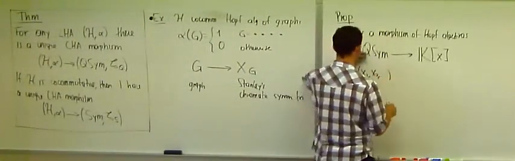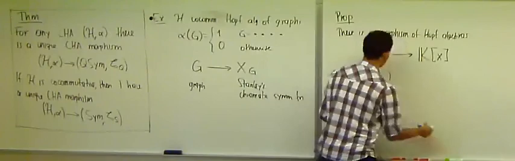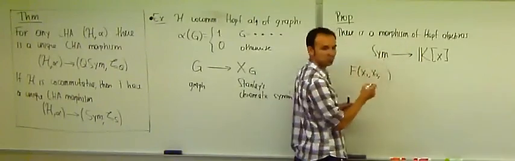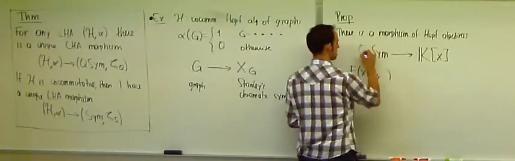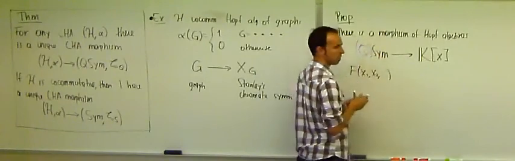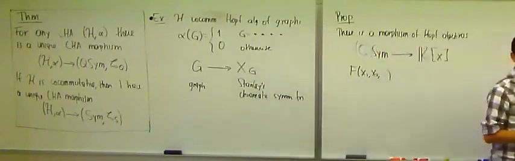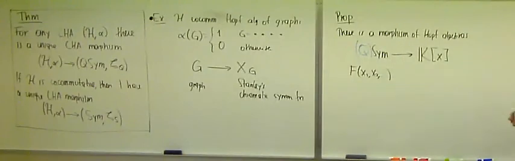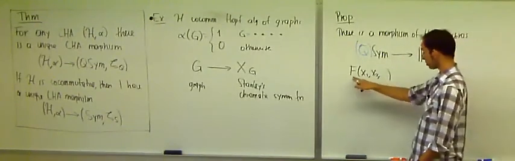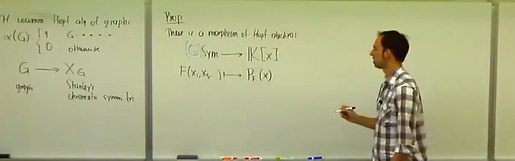And actually, let me put the Q in a different color, because the same is true for SYM. Okay, so let me just write it like this, so that what I'm going to write is true both for QSYM and for SYM. I have a morphism of Hopf algebras, and what it does is that it takes a function which might be symmetric or only quasi-symmetric, and it gives me a polynomial, which maybe I'll call P f of x, such that